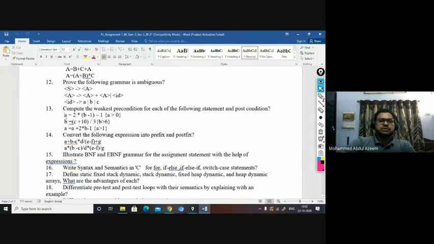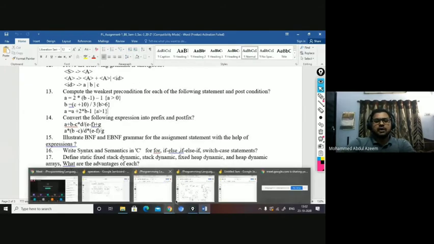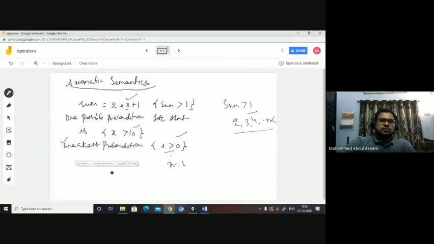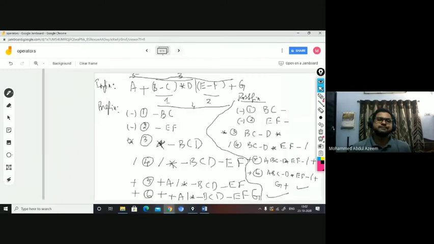So similar questions are given here. This kind of questions are also being asked in the final exam. I've taken all this from the question papers only, right? External question papers. Fine. So this is about the semantics, right? Syntax I have of course discussed in the last class or before. So these are about the semantics, axiomatic semantics, and the operational semantics.